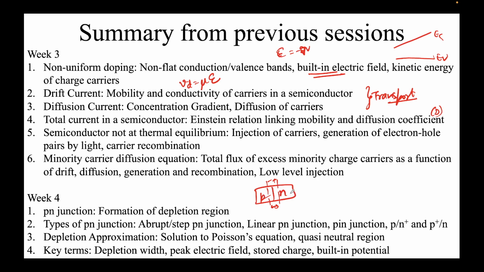P suddenly changes to n. There can be linear grading or PIN. Like this is p-type, I stands for intrinsic, this is n-type. This is again a junction. Pn plus means n is highly doped, p is moderately doped, and we invoked something called the depletion approximation to